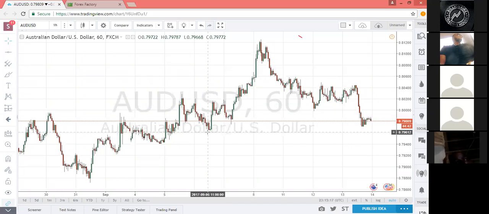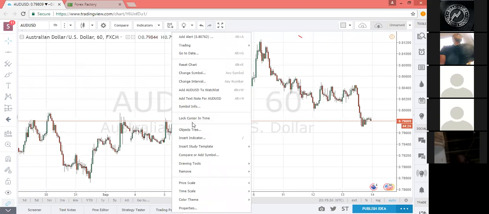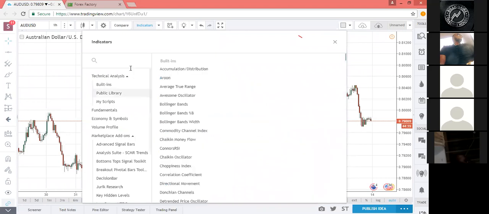And then you can have other averages. So the basic moving averages that traders use are the 20 period, the 50 period, 100 period, and 200 period. So what I'll illustrate here first is how we're going to add this moving average to the chart. When you're using TradingView, you can just right click on the page itself. You go to insert indicator, and to the top you can just type in moving average,